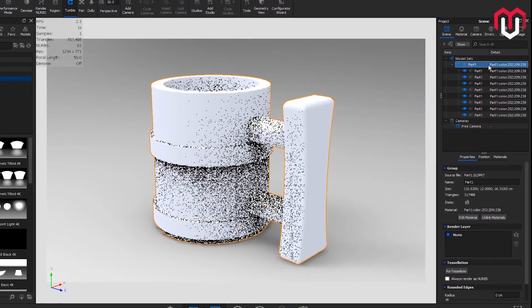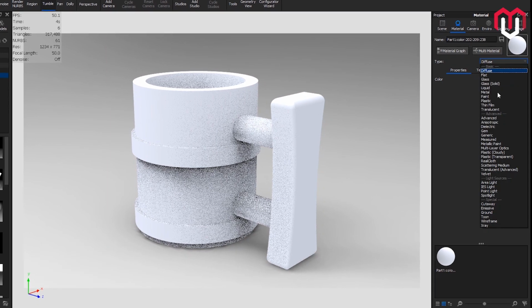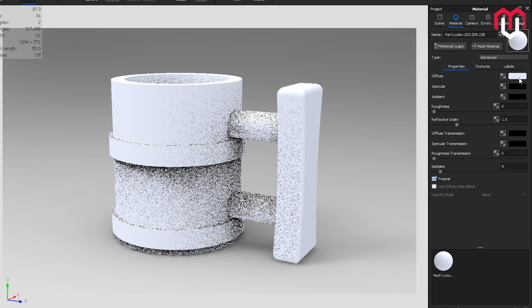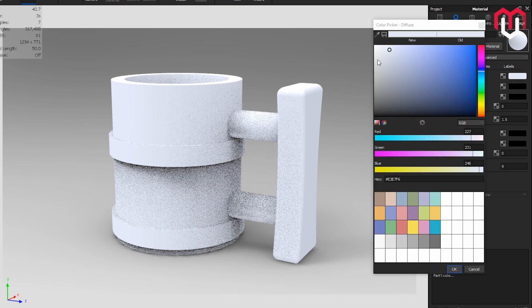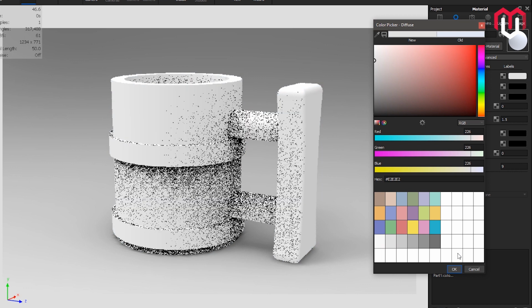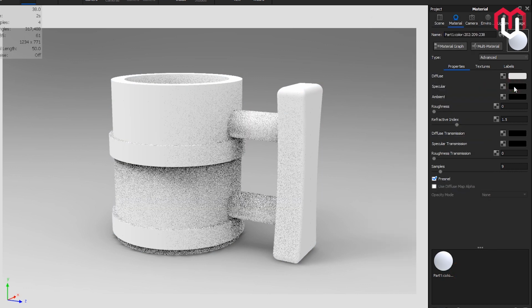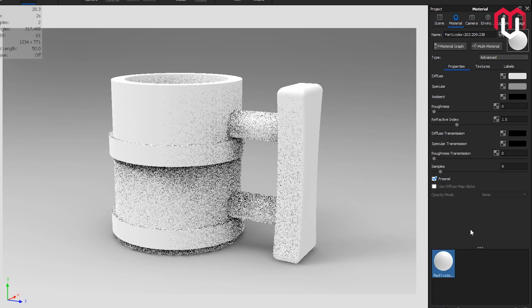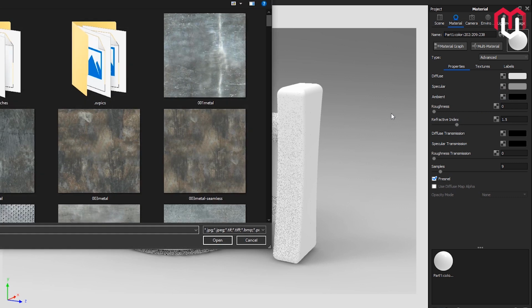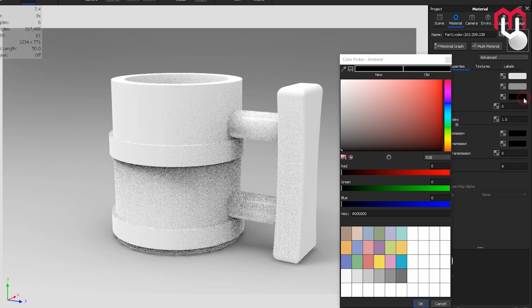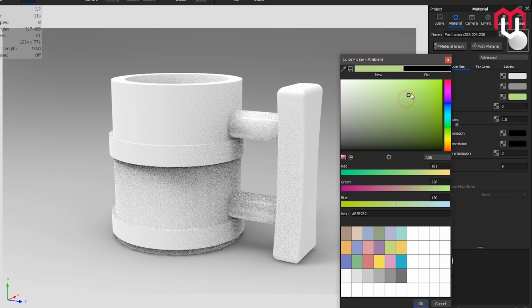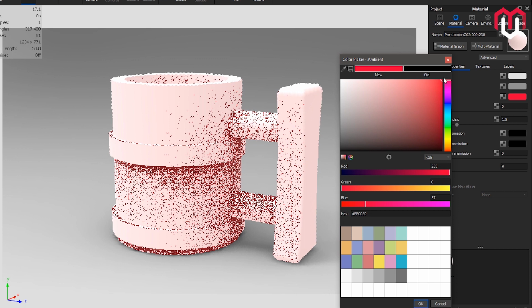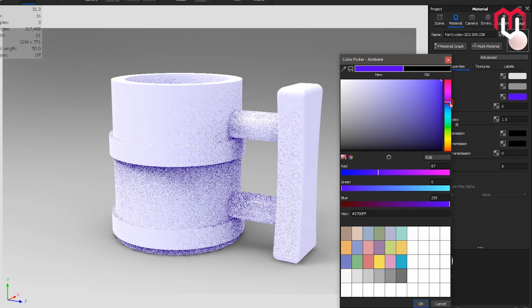This material contains a lot of parameters that you can tweak. You can create almost any material with the help of parameters that this material provides, like metals, plastic, leather, and even glass. Let's see the new parameters that we have not covered yet. Diffuse and specular we have already covered. New parameter that we have is the ambient. Ambient controls the color of self-shadowing on the material in the areas that are not receiving direct light. It can give unrealistic looks, so don't use it until you need it. Keep it to black if you don't want to use it.